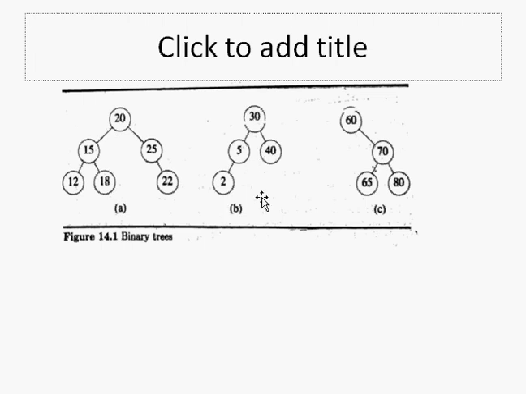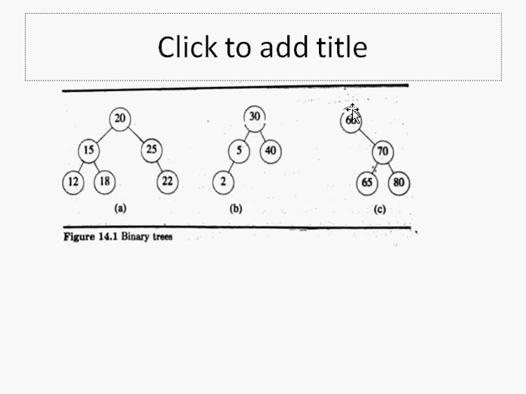So use the in-order traversal method, and if you have a binary search tree as your input, and you display the elements using the in-order traversal method, then definitely the output will be elements sorted in ascending order. So that's the reason why we use a binary search tree for arranging elements in ascending order. But we need to make use of the in-order traversal method.